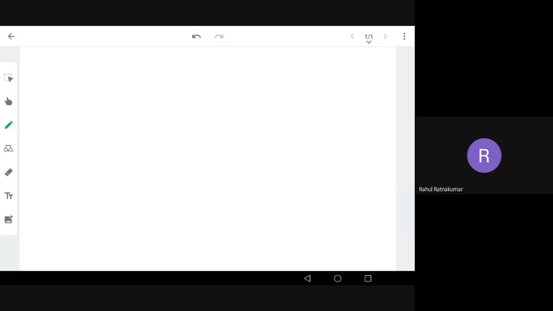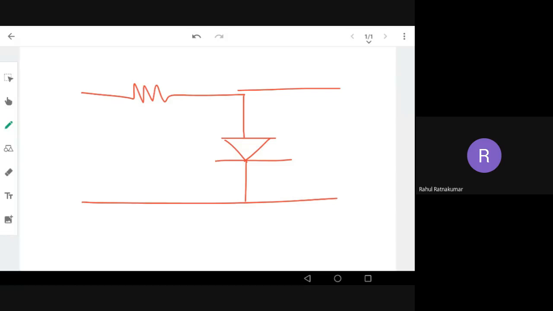Okay, so yesterday we discussed this circuit with a diode like this. This is resistance R, this is V input, and V output we have defined. So just define. And what is V input? I told you it is a sine wave, plus and minus. Okay. So I know you got the output for this.